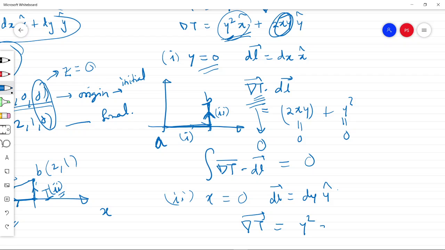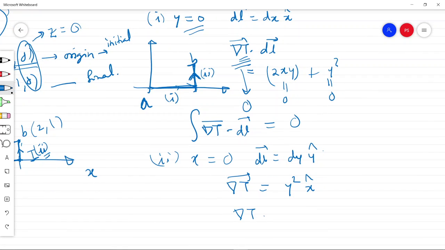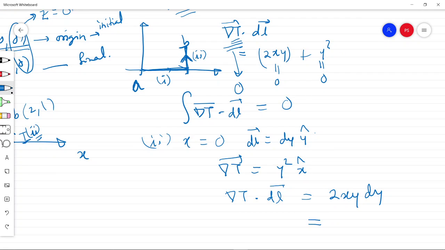So y squared x cap. So grad T dotted with dl bar will be just equal to 2xy dy, which is equal to,